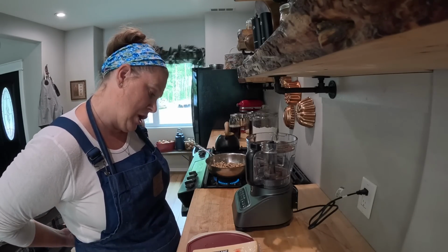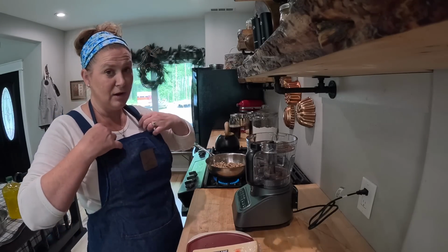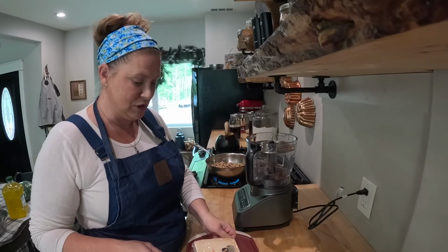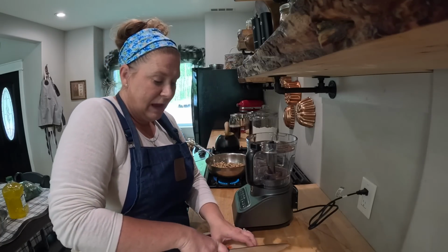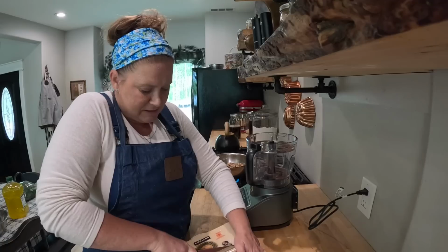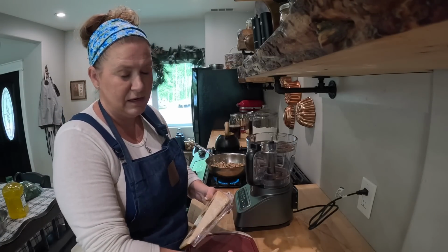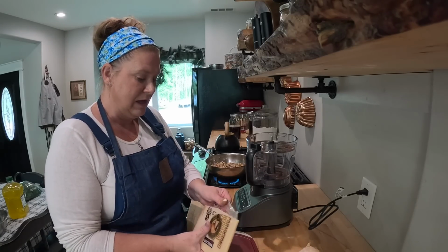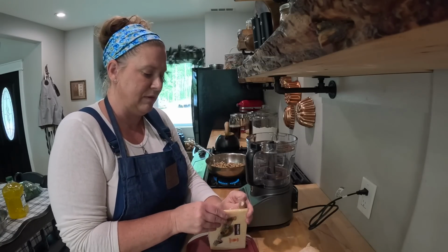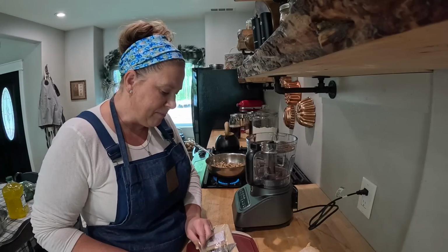some Parmigiano Reggiano from Costco. I have 1 Parmesan left from AZURE, and I want that for pastas and stuff this week. And my mom went into Anchorage yesterday, and so she grabbed me 2 blocks. I'm not sure if we'll need both of them, but she grabbed me 2 blocks. They're about 1.5 pounds